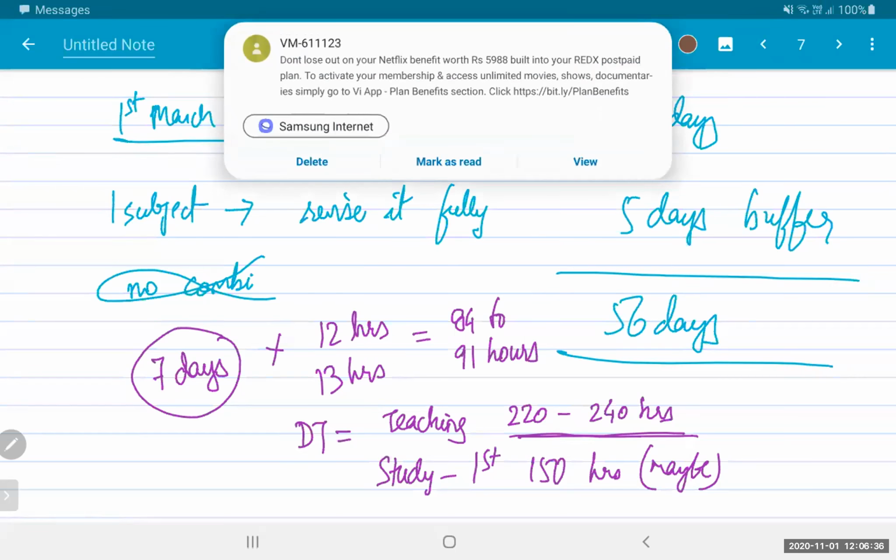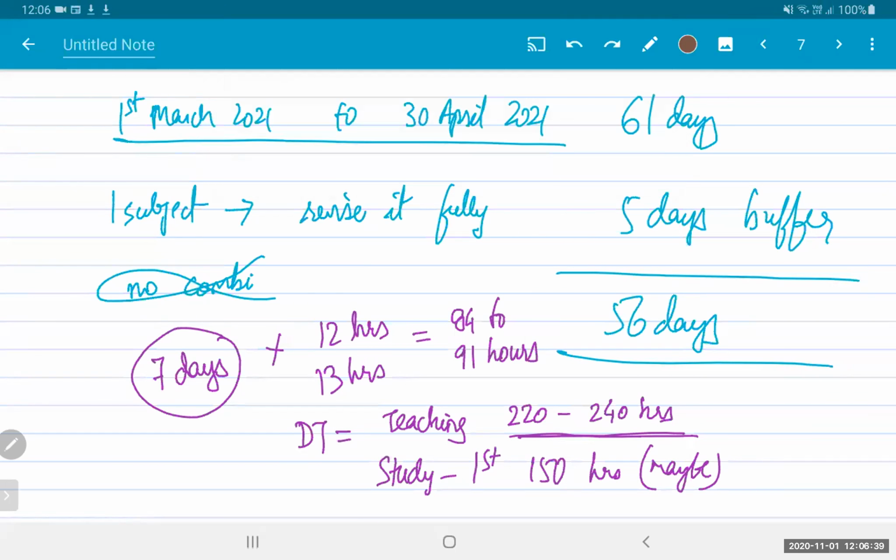Ideally, if the study leave is from January 2021, first study should be over by when? If one small subject is done before January 2021. See, if your study leave is January 2021, then probably this plan can be tweaked to some extent. I honestly feel that if you are getting a leave from 1st January, then the syllabus will not be complete by 10th February. It is not possible. Final CA is that vast. So one thing you can do, try and take it up to February end.